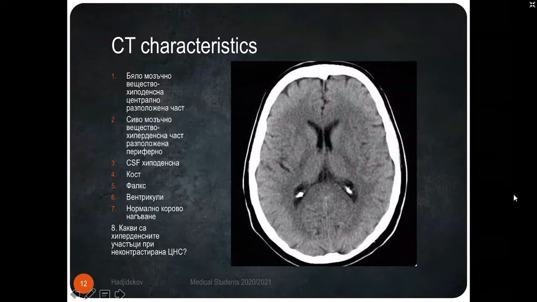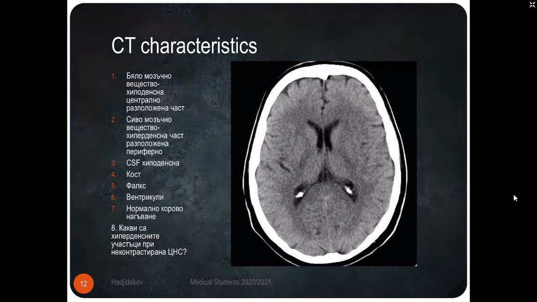What are these hyperdense structures? Obviously, those are calcifications, because if you measure the density, it is the same density as the bone. So it's very bright, or hyperdense. Those are normal findings, and those hyperdense structures in the occipital horns of both lateral ventricles represent calcification in the choroid plexus. This is quite a normal finding. Even in the third ventricle, in the middle, between the two calcifications, you can observe the same image. So it will be described as a calcification in the third ventricle